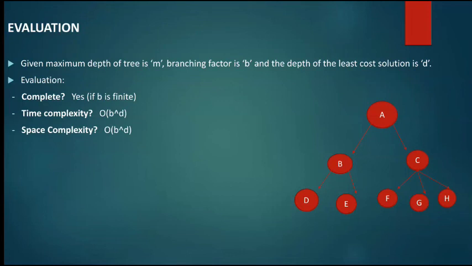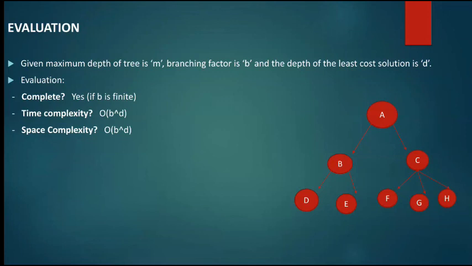Now the last question: is it optimal? If we are using this breadth first search, then we are finding out if it is optimal or not. So for optimality, we consider the step cost, the cost to move from one node to the next. If this step cost is 1, then we can say that yes, it is optimal, because it is complete. So it may be optimal or may not be optimal, but if we put this condition as step cost 1, then we can say that it is optimal.